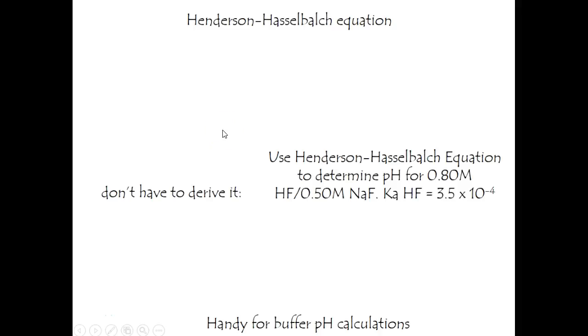Okay, let's take a look at the Henderson-Hasselbalch equation. You'll find this is a handy way to check the pH of a buffer solution. In a buffer solution, we have an equilibrium situation. And as such, it's really just another example of an equilibrium situation for which scientists have come up with an